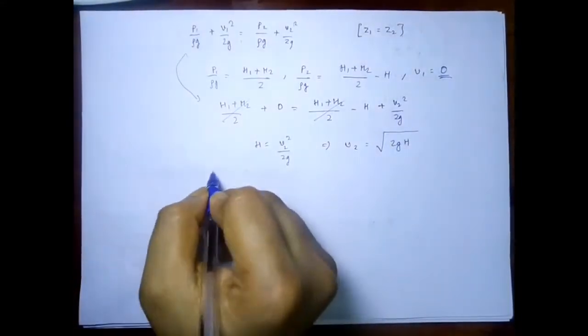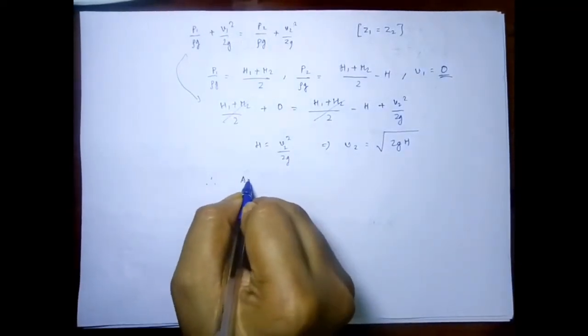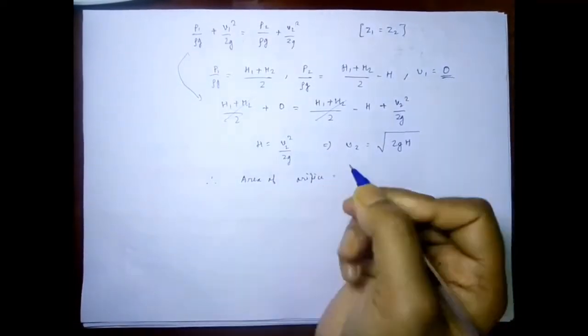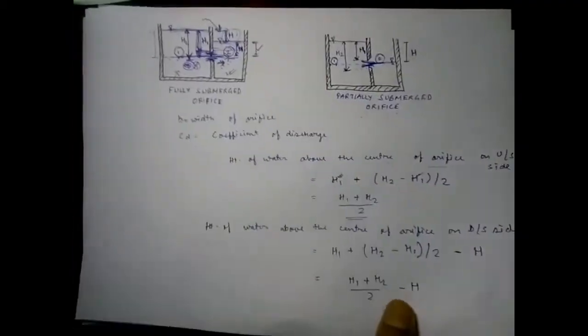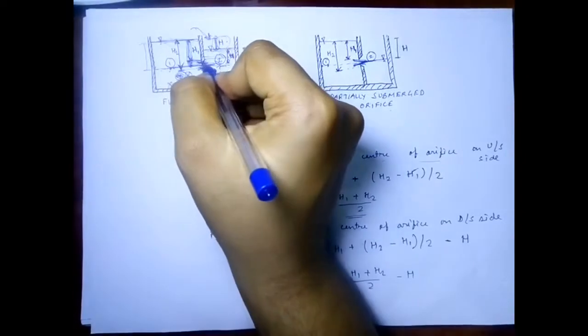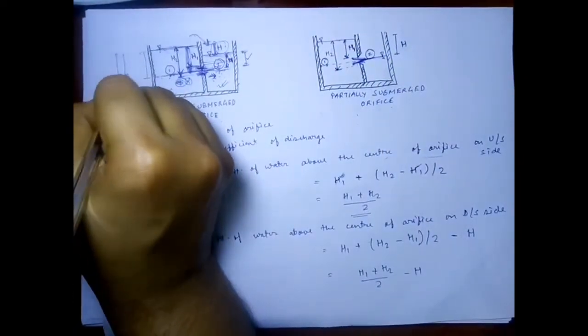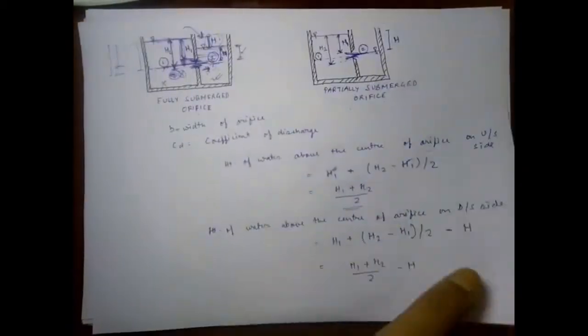Now therefore the area of the orifice will be, if this is the velocity, suppose H2 minus H1 is the height. Orifice height can be obtained by H2 minus H1. This is H2 and this is H1, and this much will be the height of the orifice. So H2 minus H1 is the height of the orifice, and B, we said, is the width of the orifice. So let us just consider that it is a rectangular section,